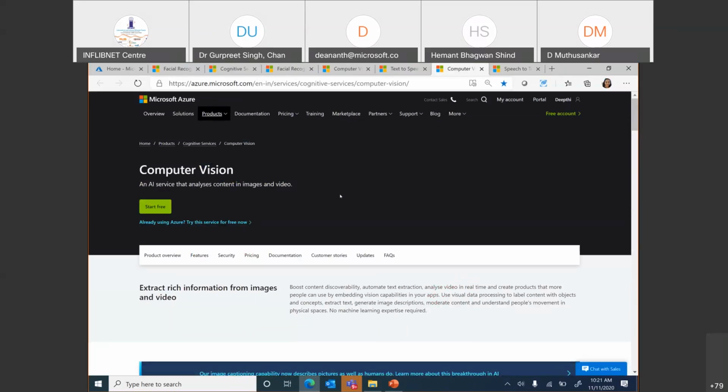So what happens in computer vision is it goes various layers deep. It picks up every single object that's there and it identifies the object. Now, the question is, can you train the face API any further? Not at this point in time. Can you train the computer vision? No, we've already trained it with millions of images around the world and built models. All you have to do is call the model.